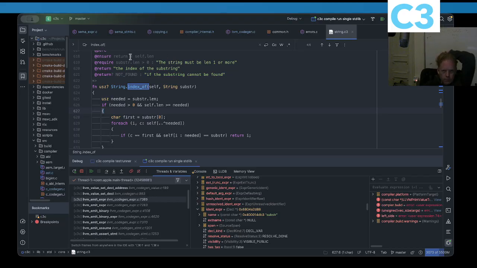So this is the one that fails, by the way. And it fails because it doesn't see subster. And it doesn't see subster because we haven't